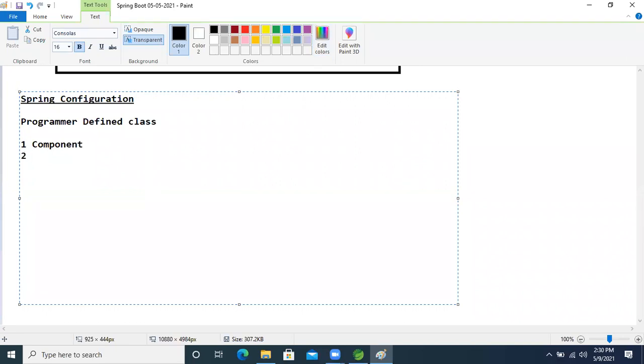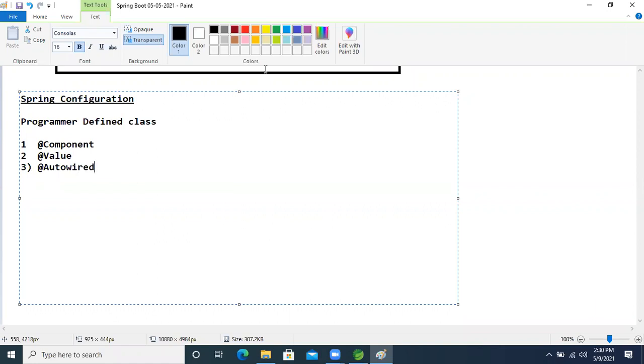So now, @Component. Another one is what, guys? @Value. Okay, the third one, I will explain the meaning and where we will use each one. Just now I'm listing out all the annotations here. Another one is @Autowired.